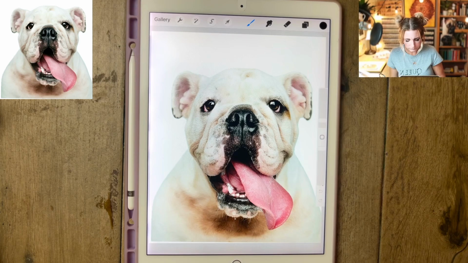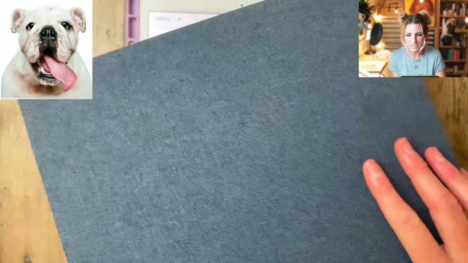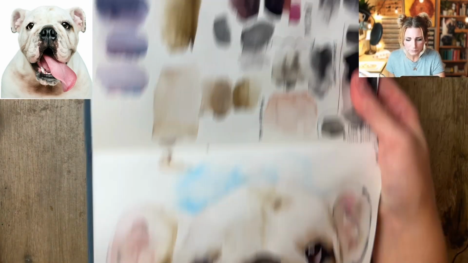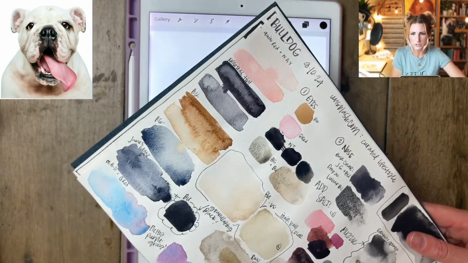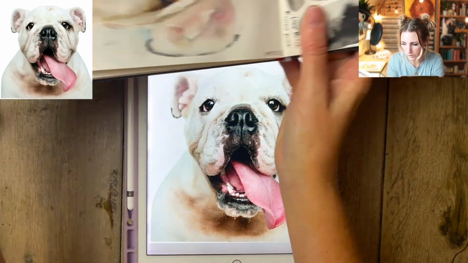Well, as I always do, I got out my sketchbook in preparation for teaching this. I always paint this at least once before I teach other people. And so I got out my sketchbook, and here it is. And this is just an inexpensive US Art Supply sketchbook, pulp paper. I choose my colors. That's the first thing that I do. And so the way that I go about choosing those colors,